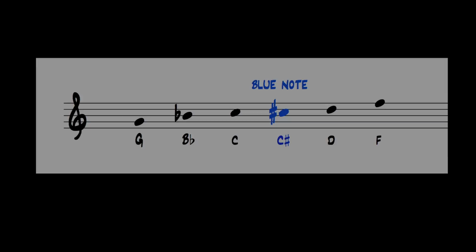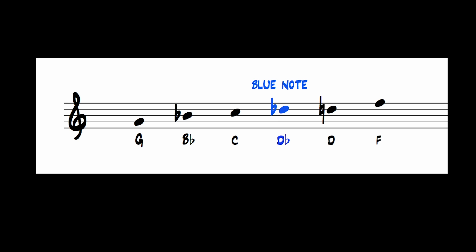Also, I do have one. I can't remember this, I think I asked you this before. When do you, like in a G blues scale? Yep. G, B flat, C. Do you call it C sharp or D flat? What's the rule on that? I would call it D flat. And that's because,